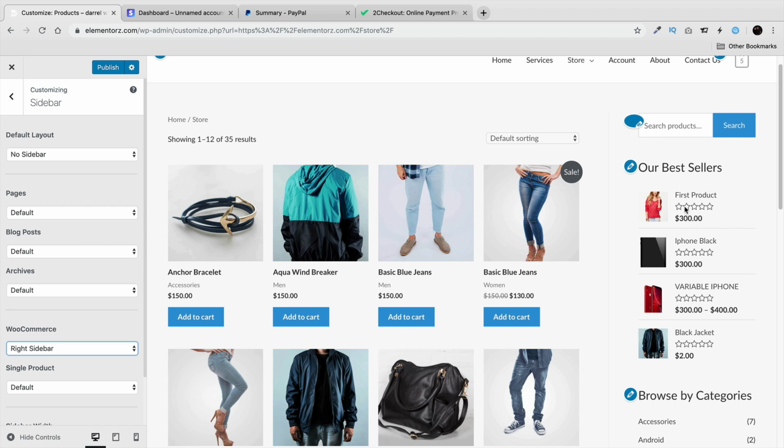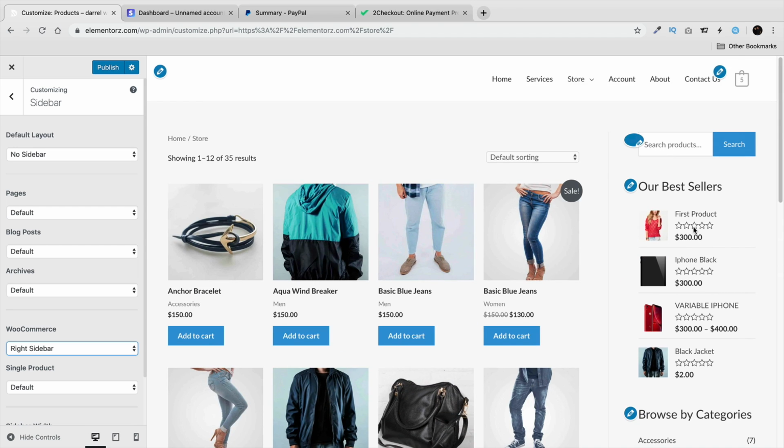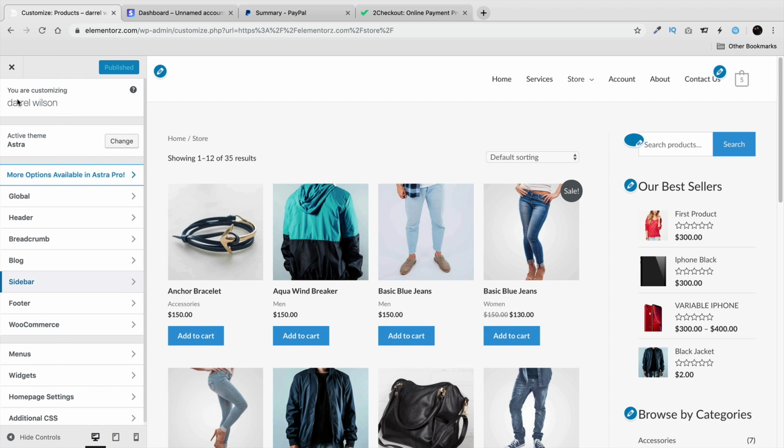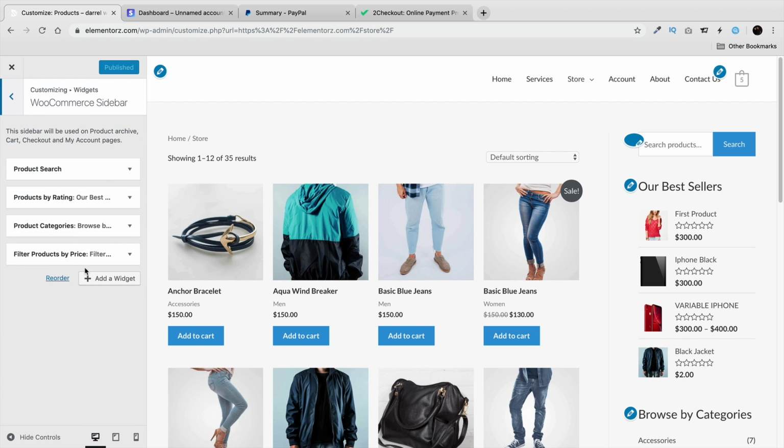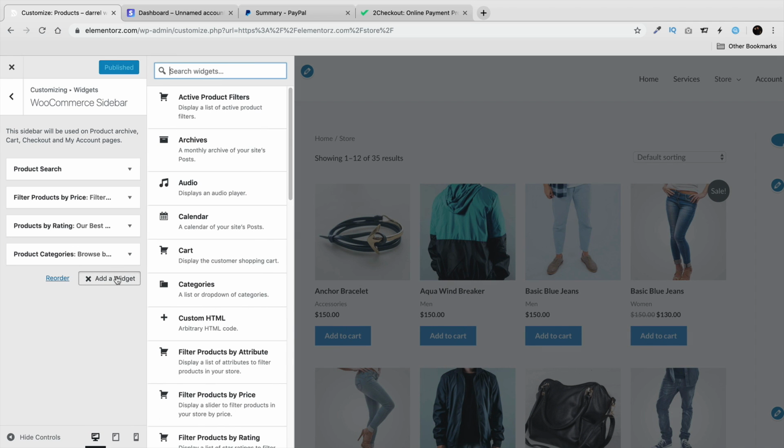So what else can we add right here? Maybe we can add a filter by price, right? So let's go ahead and click on publish right here. And over here, we'll go back, go to widgets, WooCommerce sidebar, and let's go ahead and add something in. I want to add in filter by price. Maybe I didn't see it. Sometimes if you have something, it might not display until you actually click on publish and then close. So if you want to add something to your sidebar right here, like bestsellers, just click on add a